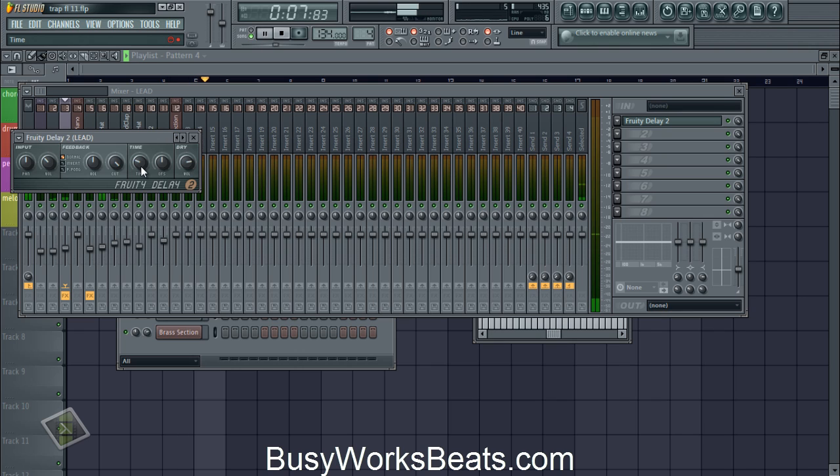It's a little too early. Let's change that to 8. Now to lower the delay effect, you want to lower the input volume.